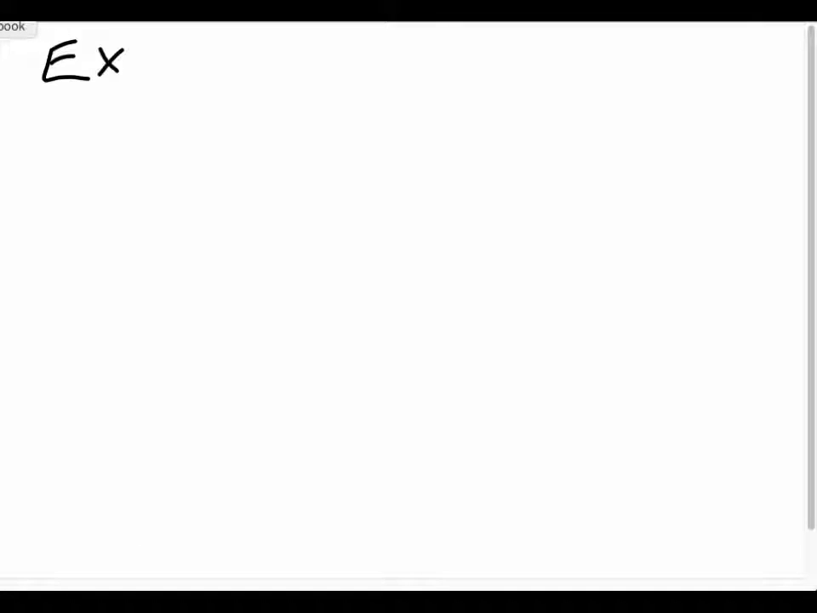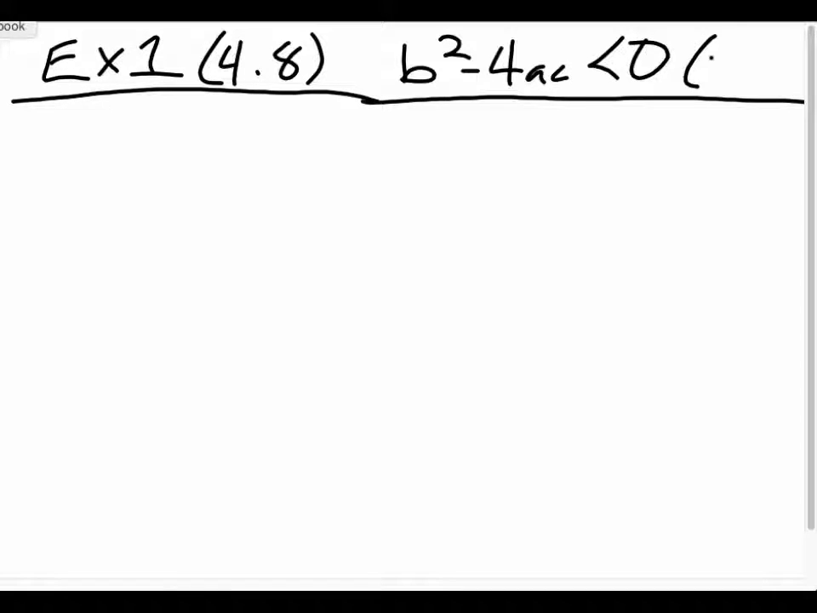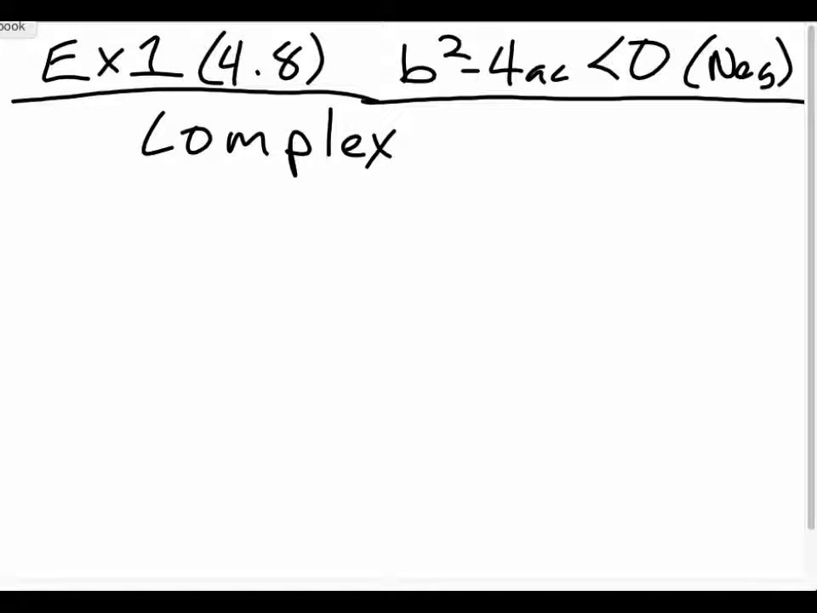For example number 1 on section 4.8, sometimes the discriminant, if this is less than 0, that's a fancy math way of saying that I have a negative discriminant. What we'll end up with is a complex solution. Now what that means is I won't get just a number, but a complex number